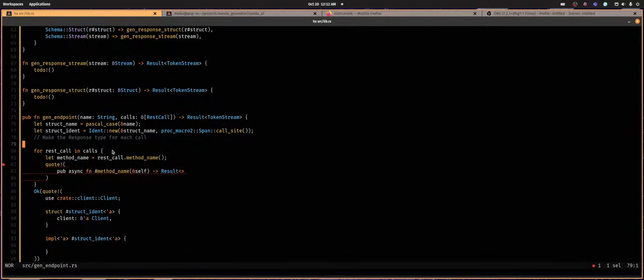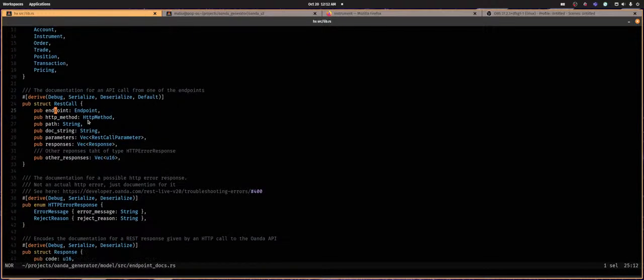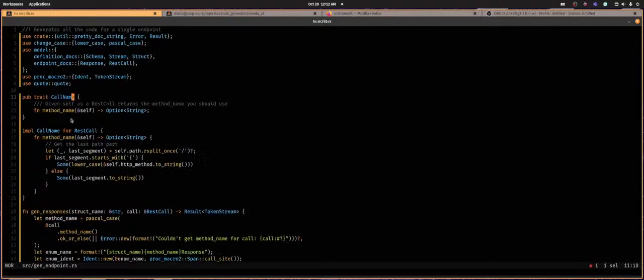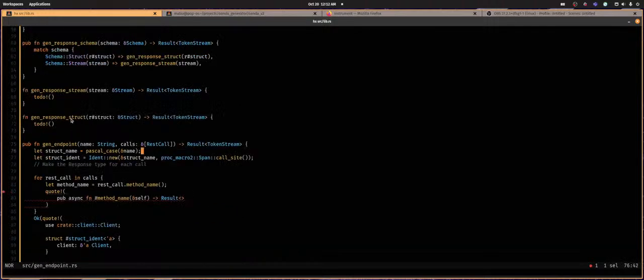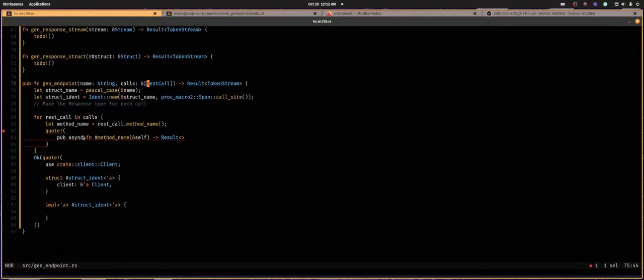That should be more to an endpoint now. We're getting the REST calls. Okay, so look at the REST calls. There's the endpoint where it came from. So if we're generating, let me go forward. We're generating a whole endpoint. We've got the name, and we've got a bunch of REST calls that are for this endpoint. Then for each REST call, we're calling